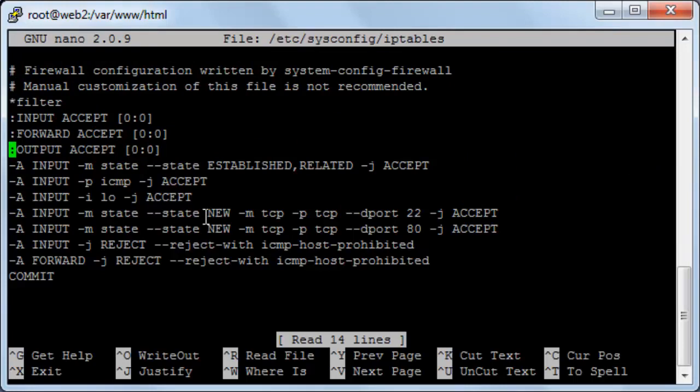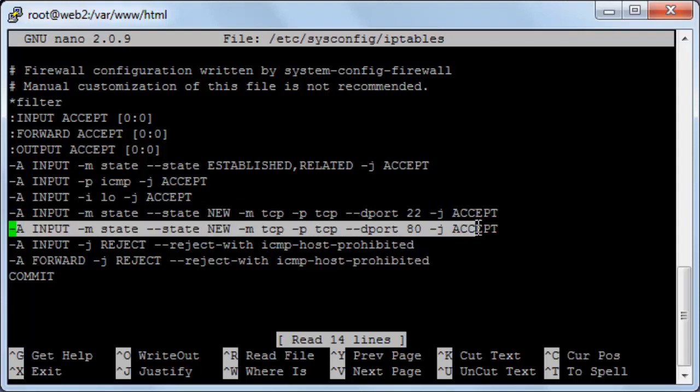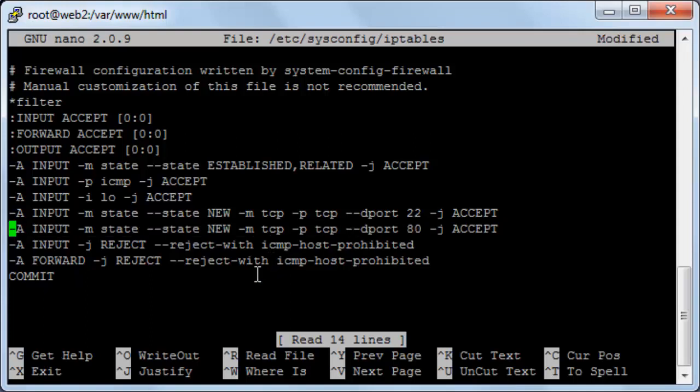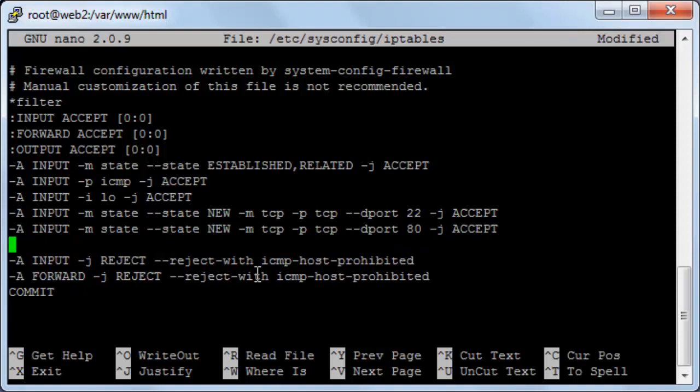And from here, as you can see, we have the port 80, so we will add another line. So I will copy this line first, and then I'll get in the insert mode. From here I'll press enter to get down one line, and I will paste the line,